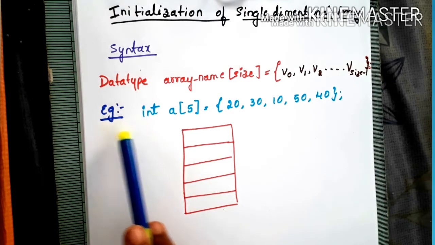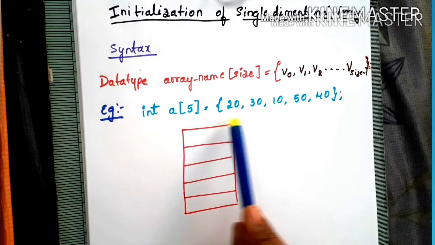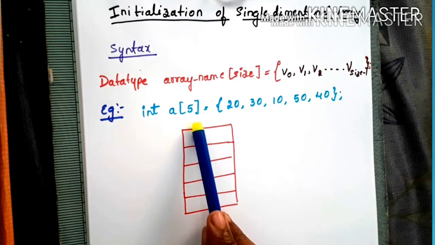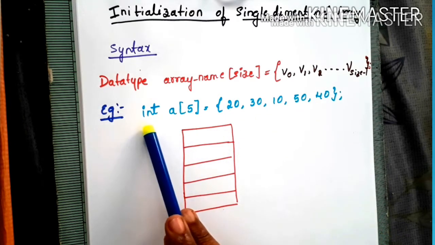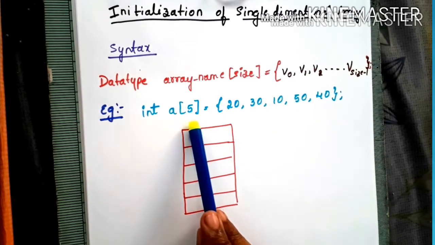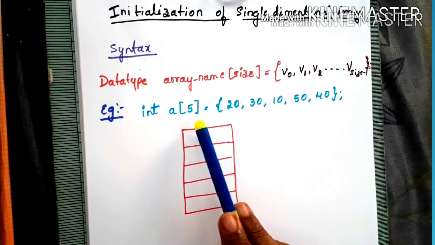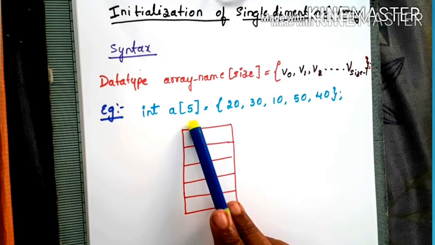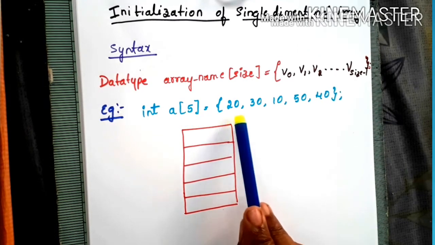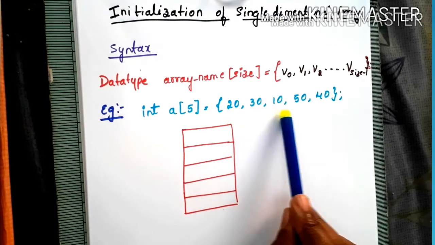Example for initializing the array. This statement indicates that A is an integer array and its size is 5. It means it stores a maximum of 5 integer elements, and the array elements are initialized with the values 20, 30, 10, 50